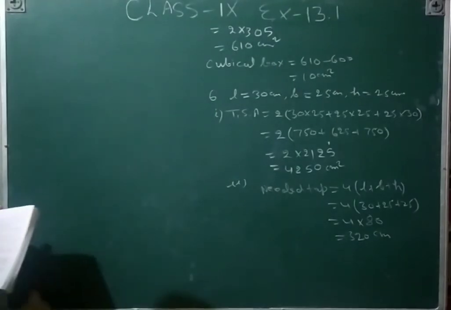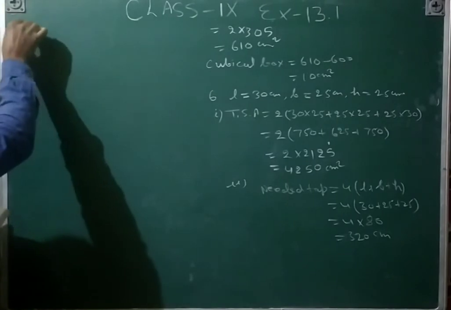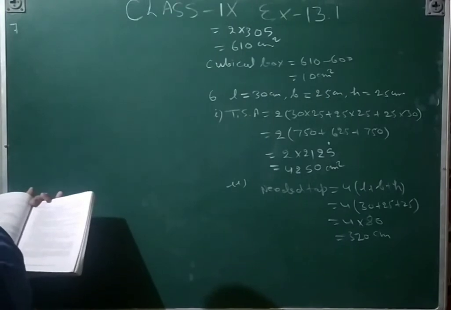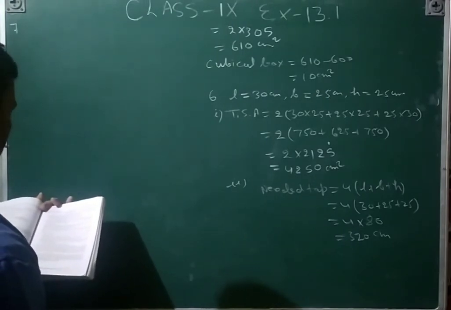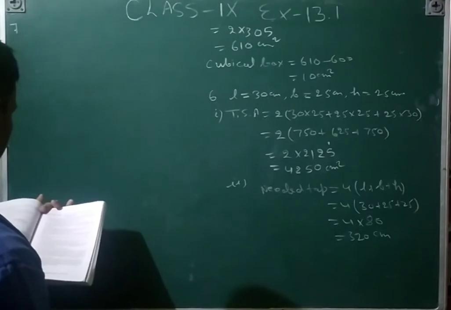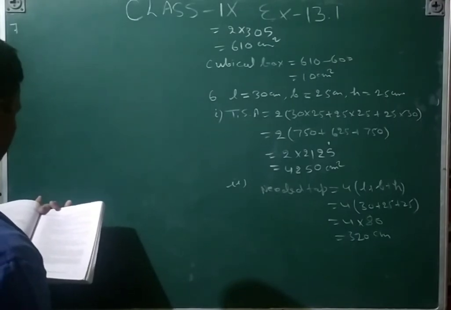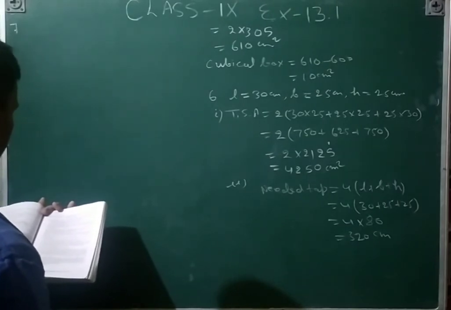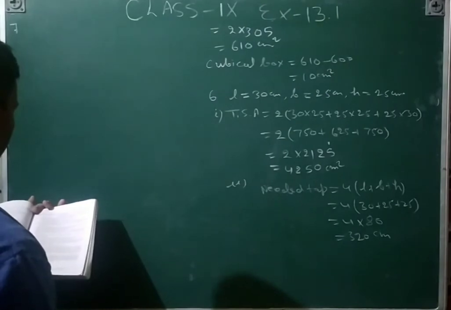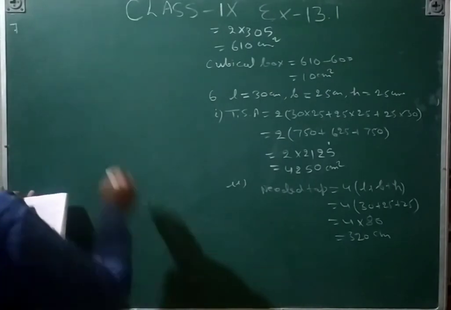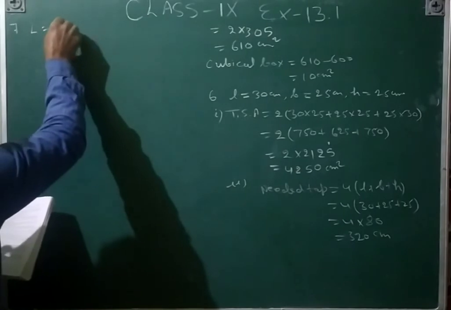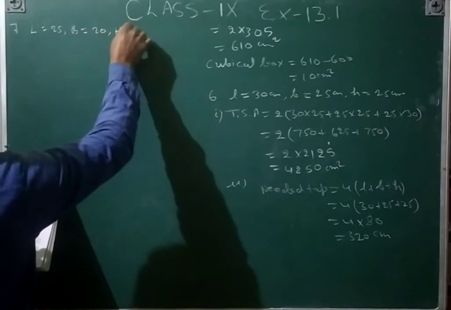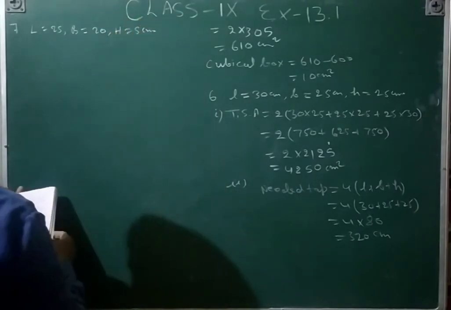And the 7th question is just a lengthy question that you will see. 7th question: Santi sweet stall was planning an order of making cardboard boxes for packing their sweets. You have seen that type of boxes for half kg, for 1 kg, for 2 kg also. The bigger box dimension is 25, 20 and 5. So L is equal to 25, B is equal to 20 and H is equal to 5, all in given centimeter.